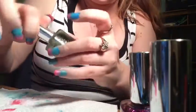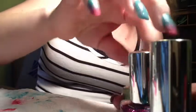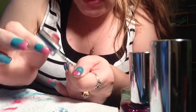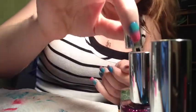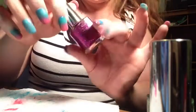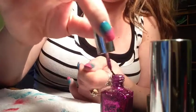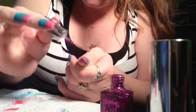So then I'm going to go to the green glitter. This is also Pure Ice. This is called Sheer Luck. I'm going to do the same thing with this. I'm just going to take a little bit, and go right next to where I just put the blue glitter, and do kind of a line across of the green glitter. And then at the bottom here, this is called Keep Walking. That's hard to see there. This is another Pure Ice, and this is going to go at the tip of the nail over the pink. So I'm going to do kind of the same thing, just over the pink part